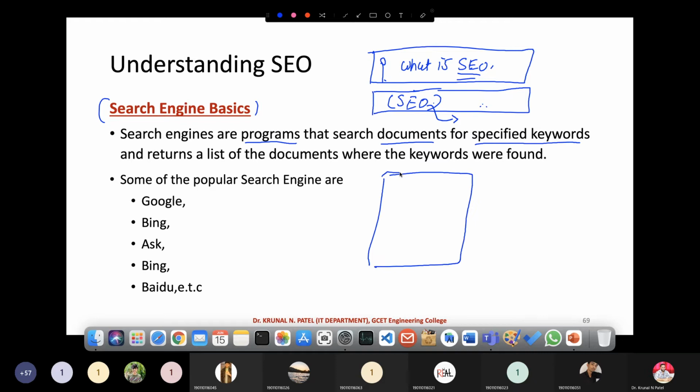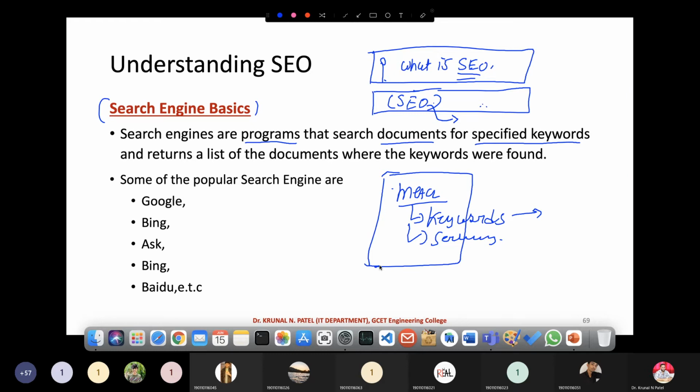As I told you, at that time you have to store the meta information. What is that meta information? You have to store the keywords for searches. This extra information you have to store in your web page.